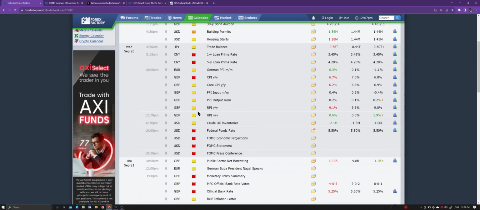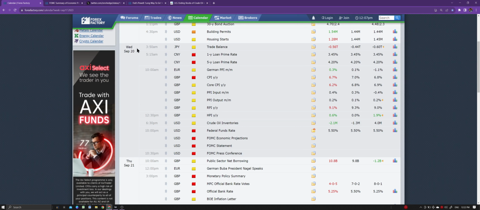So on Wednesday of last week we had CPI data, the consumer price inflation based in UK. We had a 6.7% reading which came out, which is much lower than the forecast and the previous reading. So this is bearish for the British pound, but the inflation still remains very high, but it has been trickling down, which is a good thing, right? And this number was quite important because we wanted to see what Bank of England does the next day on Thursday, right? Because they had their own policy meeting.